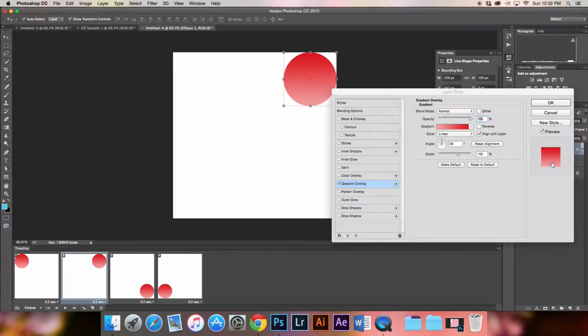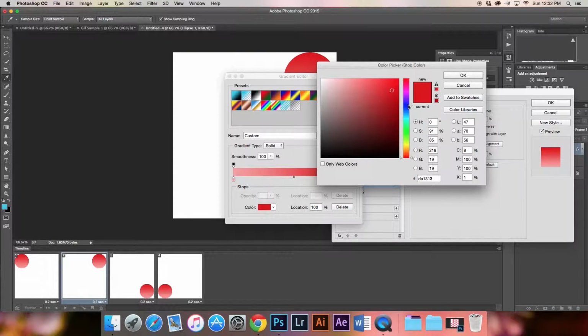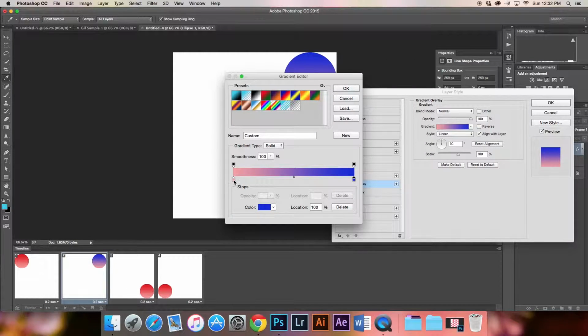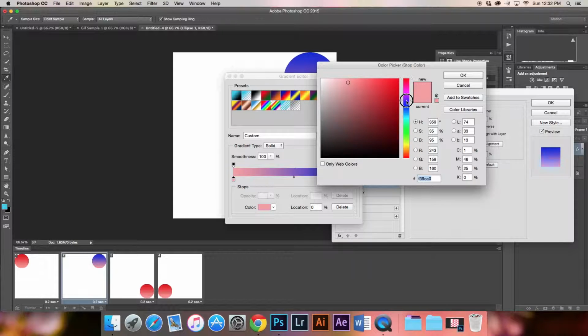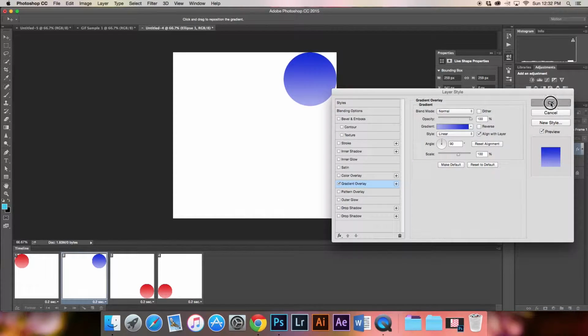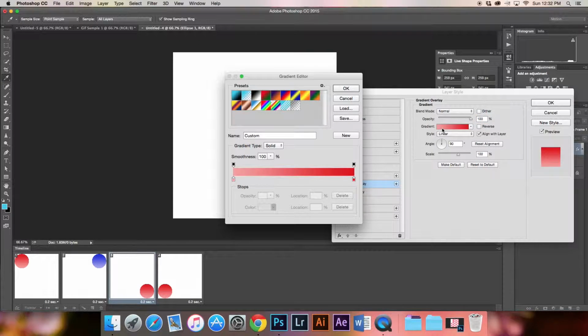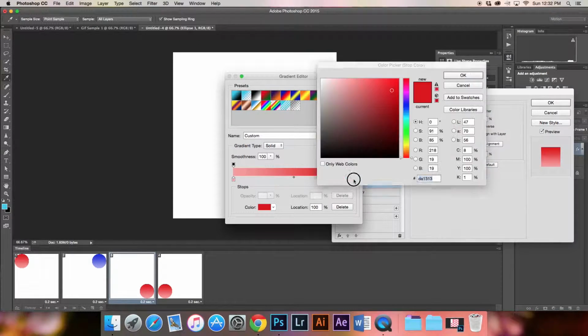Now in this one, instead of a red gradient overlay, I want to do a blue gradient. So it really doesn't matter what color it is. I'm just going to quickly make a blue and a light blue. That's kind of purple, but that's okay. Say okay. In frame 3, click right on that gradient overlay, click the gradient, and then I'm going to